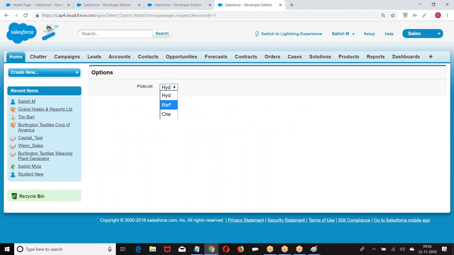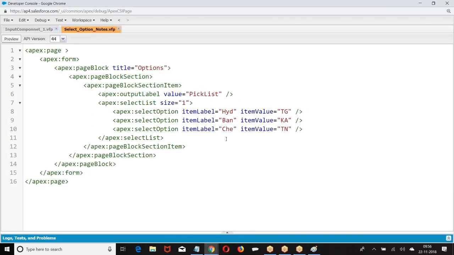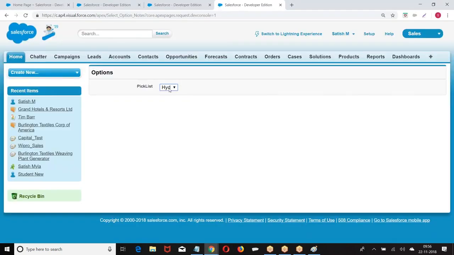What is displayed? Hyderabad, Bangalore, Chennai. What are they called? Item labels. Now if I select this item label as Bangalore, which value is going to the server? K is going. Okay. I hope you are clear with this.